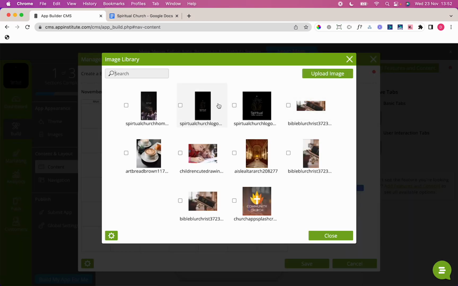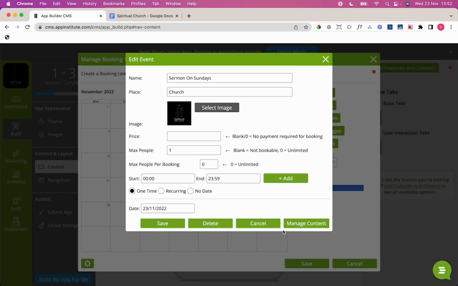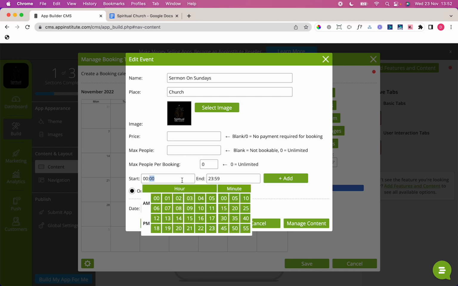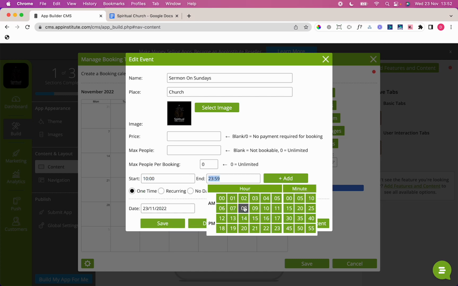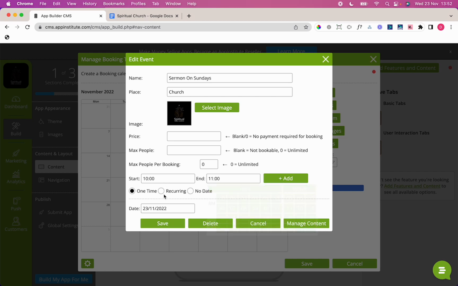For myself, I'm just going to add in the logo itself, because there's not really any specific event-based image I need to add in. Obviously, there's no price to this event, and I'm not going to have it bookable. I don't need people to book to come, so I'm just going to leave it blank, and that means the event is not bookable. And then I'll just set a time. So I said 10 a.m. So 10 a.m. lasts an hour, so I can put 10 to 11,